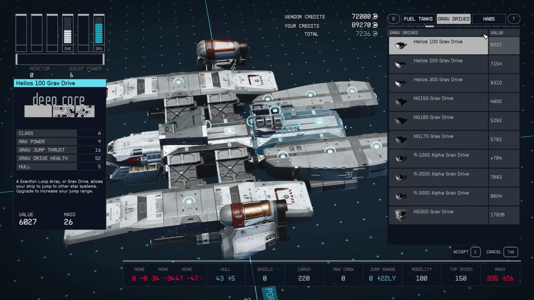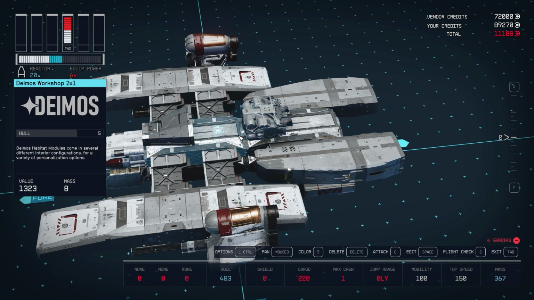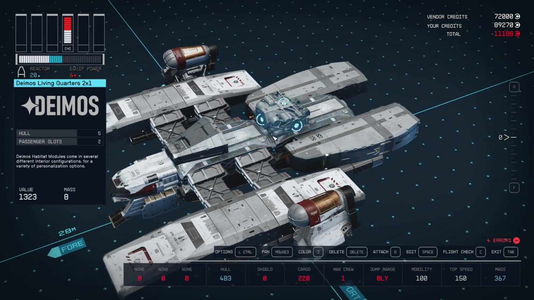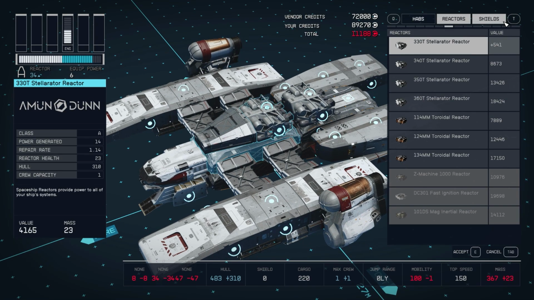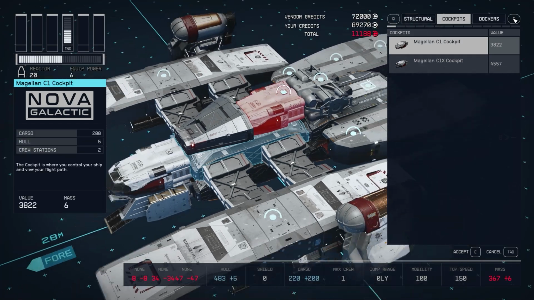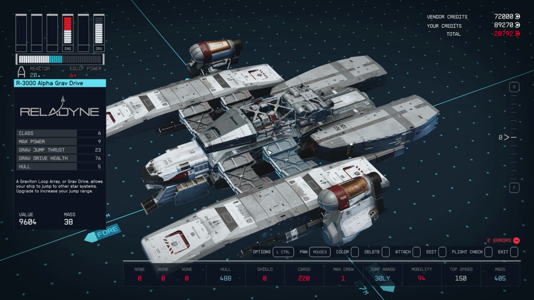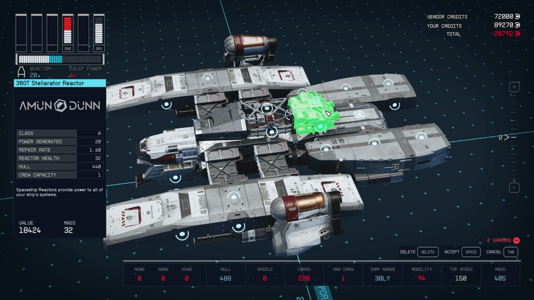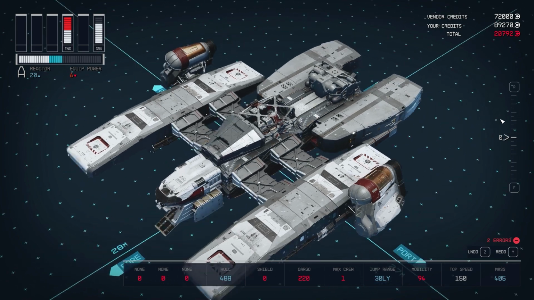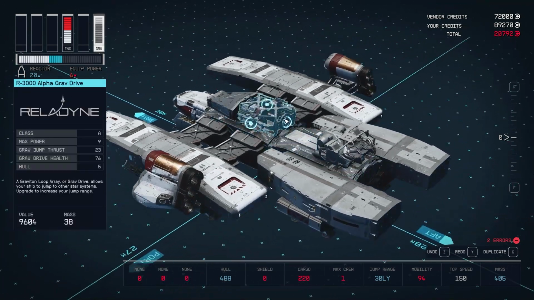Okay, so I'm going to add in a reactor. Now, this is an A-class reactor, therefore we're going to need A-class stuff related to this. So I'm going to go for grav drive now. I think here is a good location. And I'm going to go for that one there. And then for this one, I'm going to move this here, and then we're missing